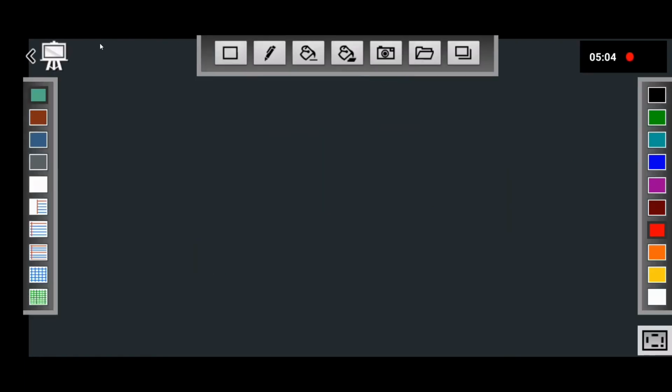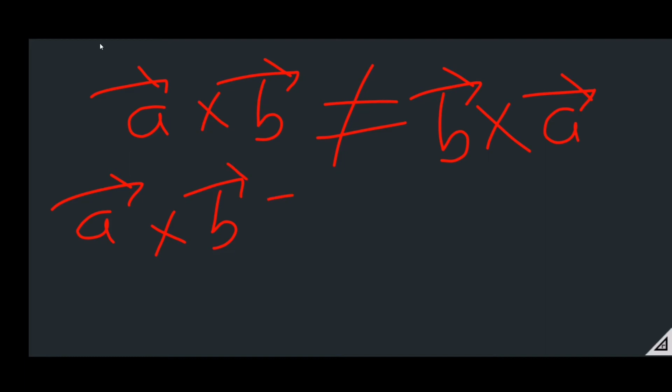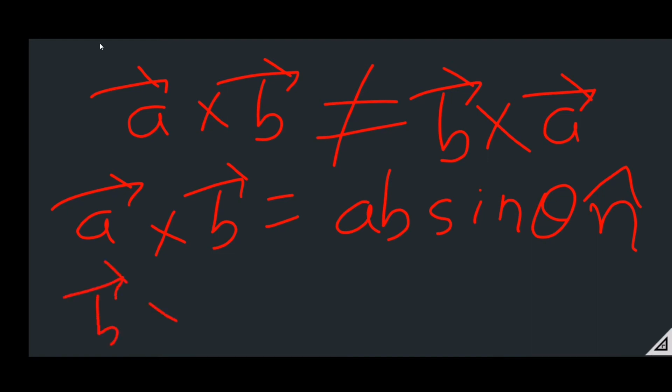And in the cross product of A vector and B vector, the commutative law is not accepted. That means A vector cross B vector is not equal to B vector cross A vector. These are not equal because A vector cross B vector is obtained by AB sine theta and n cap, and n cap is the unit vector which is perpendicular to both A vector and B vector, and B vector cross A vector